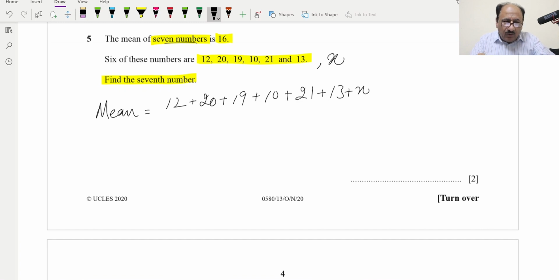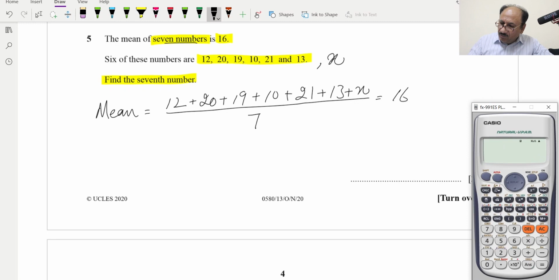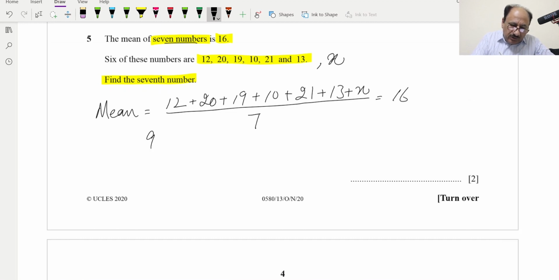So we have added all the numbers, and we will be dividing by the count of the numbers, which is 7 in this case, and it is given that this is equal to 7. So this will be our equation, which we can simplify. 7 we can shift to the other side, and we can add these numbers, like 12 plus 20 plus 19 plus 10 plus 21 plus 13, and this will be equal to 95. So we can write 95 plus x over 7